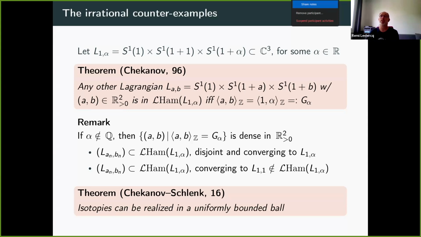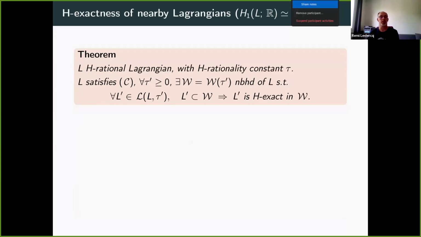There is no question. I can give you more details about the second theorem. So the second theorem is the neighborhood of H-exactness, right? So I wrote the theorem there. So L is H rational, and I wrote tau for its constant. It satisfies the condition C, like the symplectic topological condition. And I'm saying for any other tau prime, there exists a neighborhood which depends on tau prime, such that for any Lagrangian which is H rational with constant tau prime, if L prime is inside W, then it's H exact